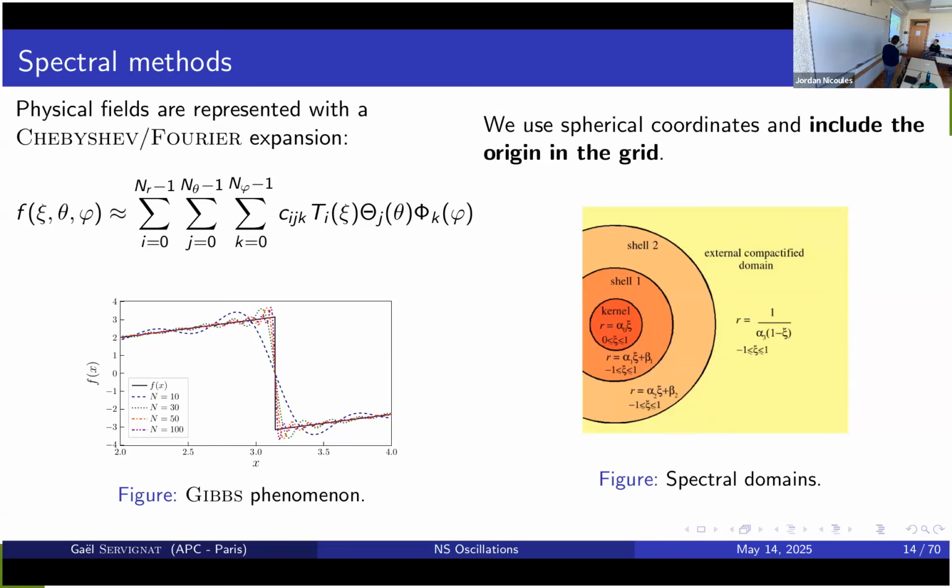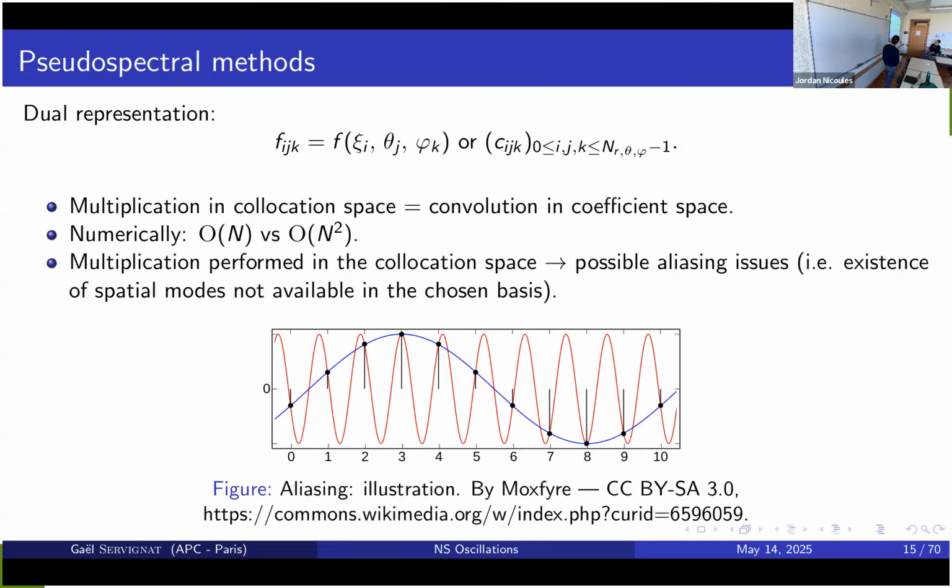Right. This is for numerical representation. There is one thing that we must be really careful about, it's aliasing. You can represent your function by either its values on the grid points or with the coefficients. The point of spectral methods is to use the coefficients. But if you do that, performing a multiplication is actually a convolution in coefficient space, which is much more expensive numerically. So we say, okay, we want to save this, and we do every multiplication in the physical space. It's just point by point multiplication.